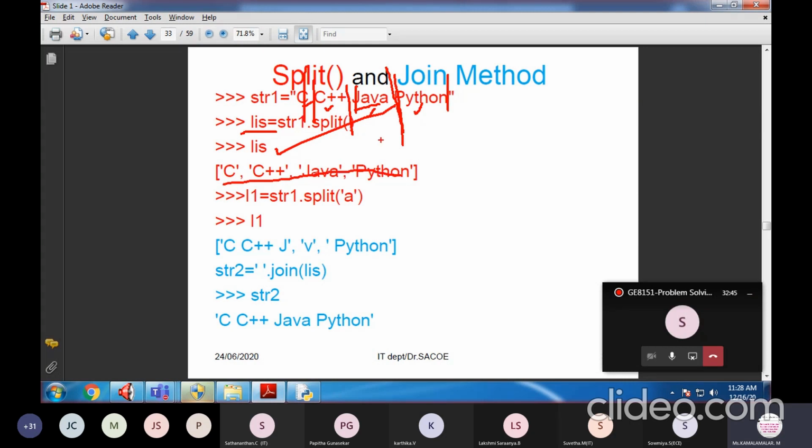Okay, so by default, space is what the split takes as its separator. Just like in the separator we give a space by default, likewise the split method also will have space as the split value. We can also give some other value. So now look at this example, again we are splitting that